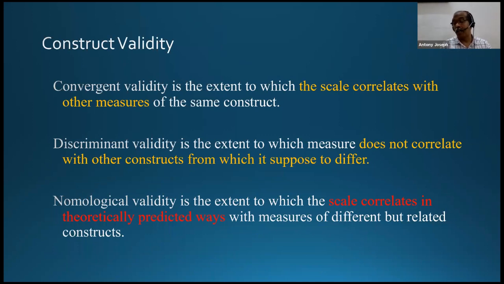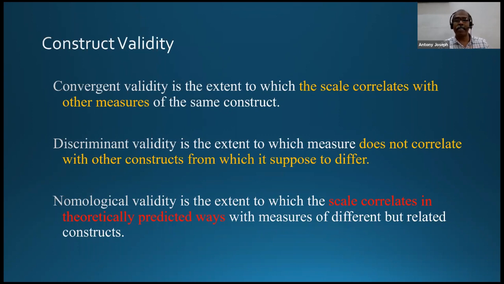That is the theoretical expectation. The theoretical expectation is that bank managers who have a high level of CRMO should have a lower level of mass banking orientation. So I should be able to test this. Between CRMO and mass banking orientation, I will be able to test the correlation, and the theory says that it should be negative. If while conducting the actual analysis I get a negative relationship, then definitely we can say that the instrument possesses discriminant validity.